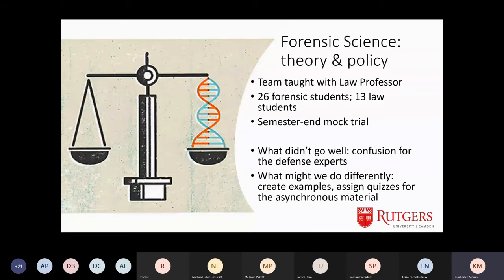One class is called Forensic Science Theory and Policy. It really talks around the profession of forensic science, so all about professional ethics, cognitive bias, standards of best practice in forensic science. And for many, many years, I had tried to collaborate with our law school because I'm sure many of you have experienced that our legal professionals could really use a little forensic education sometimes